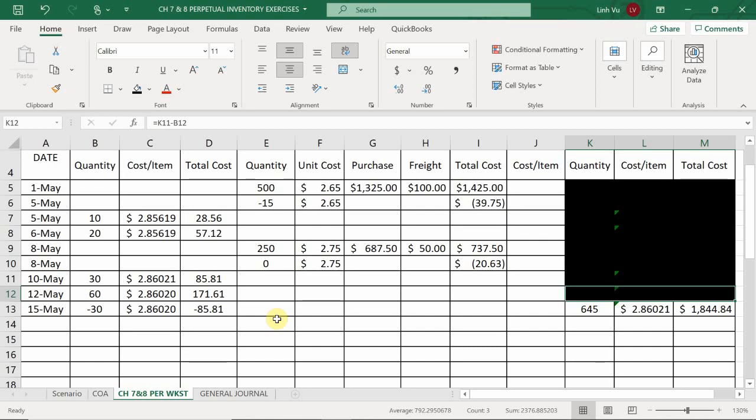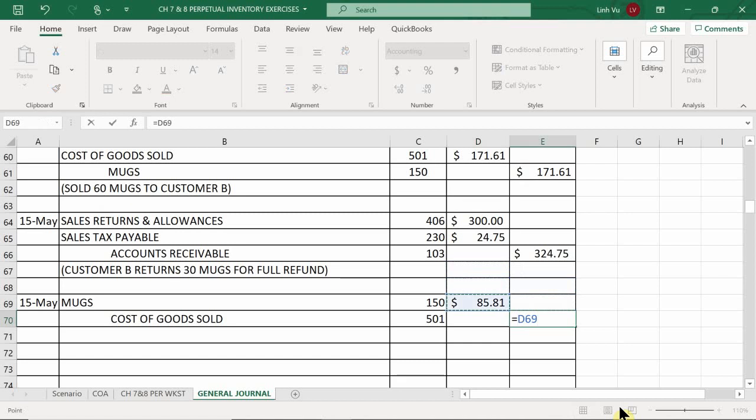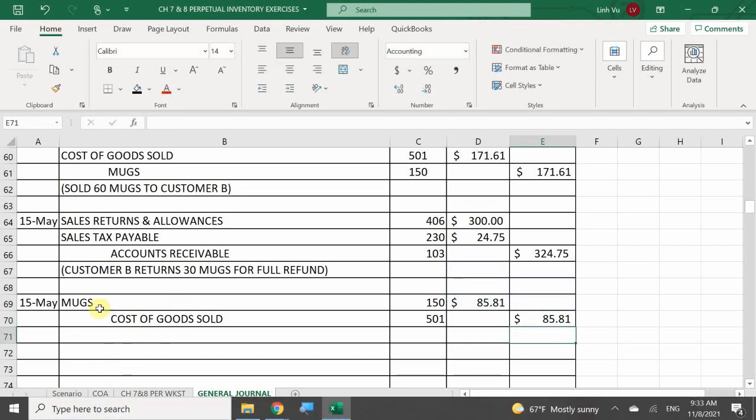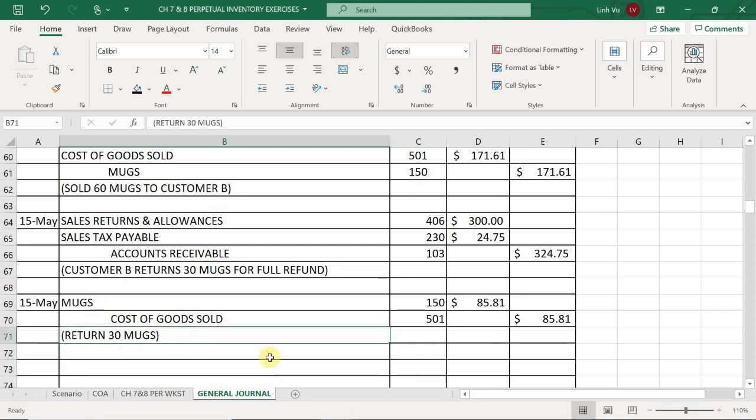So $85.81. Okay. 85.81. And once again, I'm going to make a reference here that you had to return 30 mugs. Okay. Or I'm sorry, in this case, because there's a particular person, you can even throw in saying that customer B